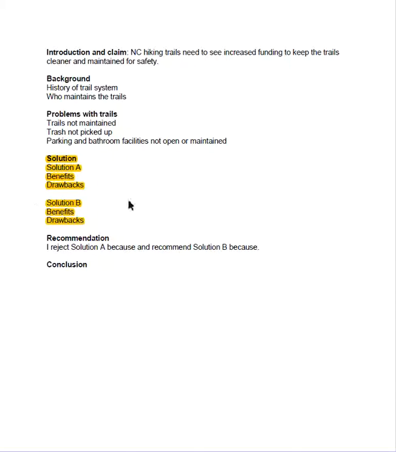So this is where the heart of your essay will be, and this is probably the place where you may or may not find any research. All of your research may be going towards the background and the problems. You may or may not find a lot of research for your solution, particularly if your solution is fairly novel, if nobody else has thought about it already.